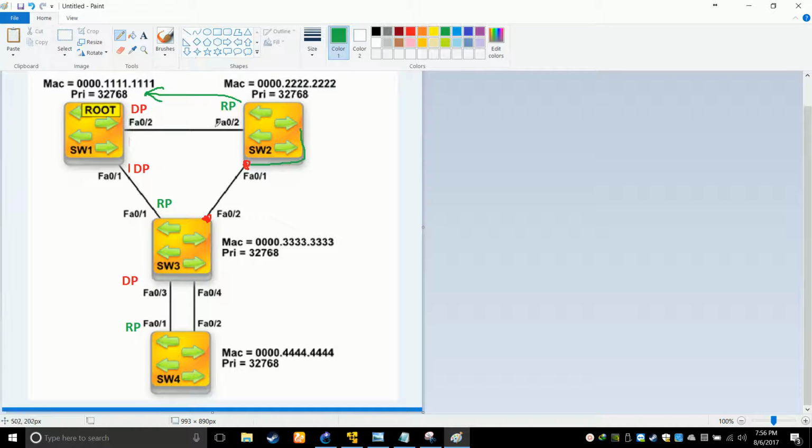So from here the cost is 19, and for this switch the cost from the RP is 19 as well. In this case we cannot decide which port wins, because it is 19 from both switches. No worries, that's why we have 4 election criteria.